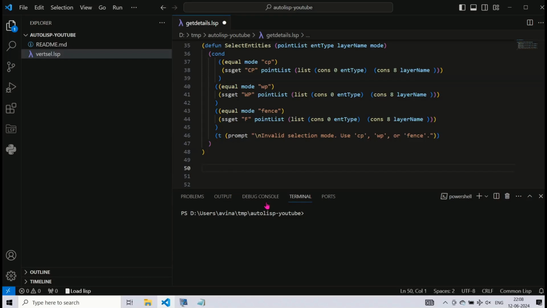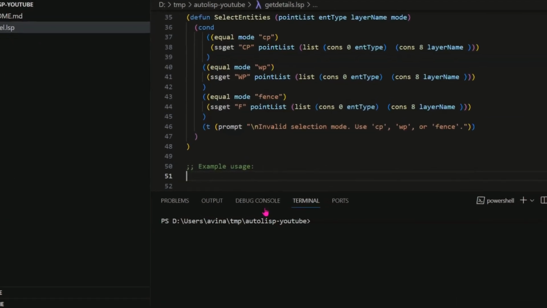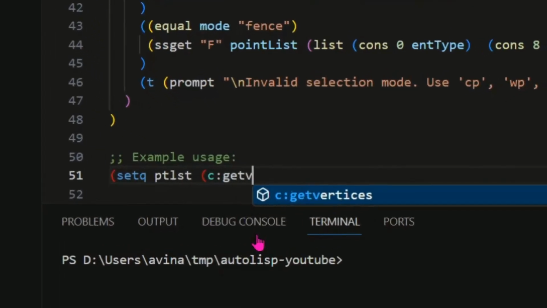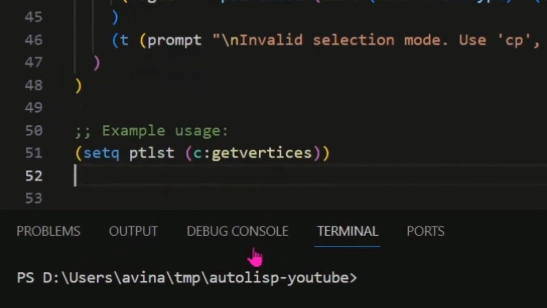Now, let's see how to use this newly added facility. This line will store the list of vertices coordinates of a polyline selected by the user to the variable named ptlist.